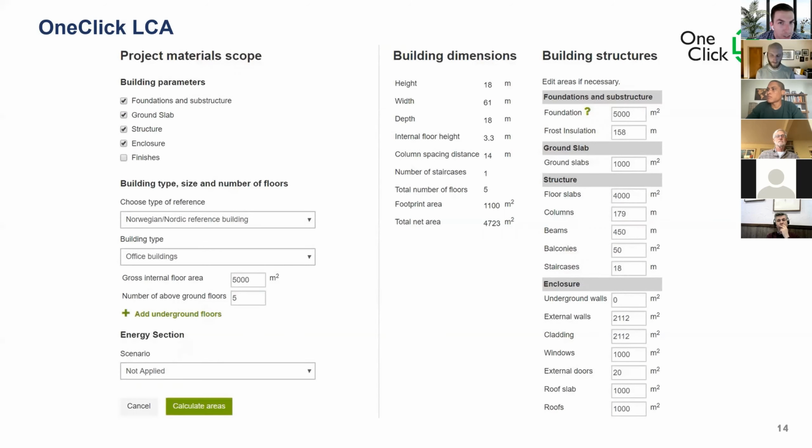But I did want to point out this Carbon Designer, which is really focused on the concept stage where you don't really have a whole lot of information about your building yet. You can generally define the dimensions of the entire building and some of the envelope areas and floor areas. And it has predefined assemblies for different regions in Europe and North America that help you come up with embodied carbon very, very early on in the design process.